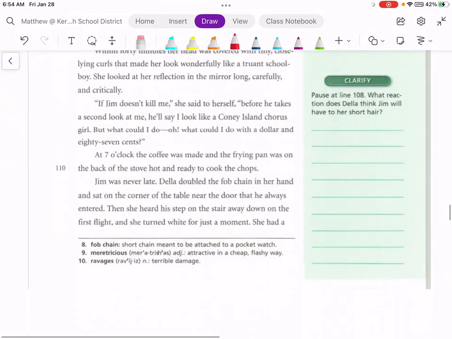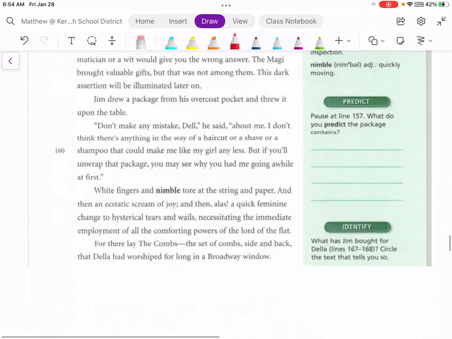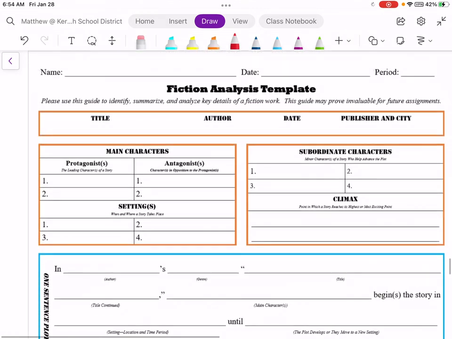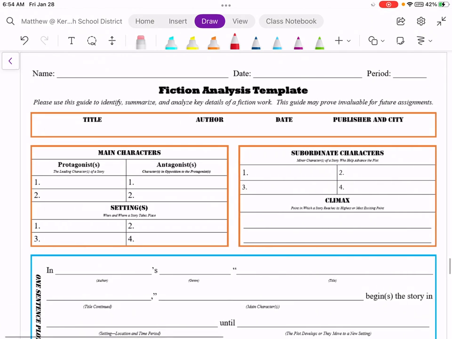Please read and answer the questions on this whole article. This is a fiction story, and after you have read, there will be a fiction analysis template. Please fill this out to the best of your ability. Remember, as with all of our stories, if you're looking for an antagonist and there is no antagonist in the story, we simply cross out that section. If you're looking for settings and there is only one setting, just put in the answer to your one setting or your two settings. Remember, we don't have to fill out every single one of these as long as we're filling them out sufficiently as the story dictated.